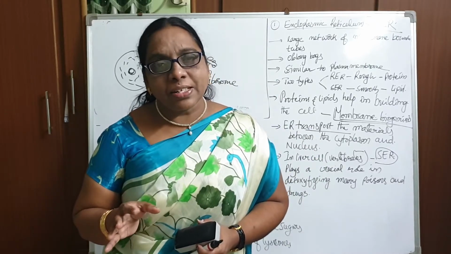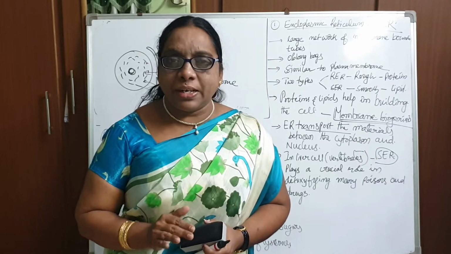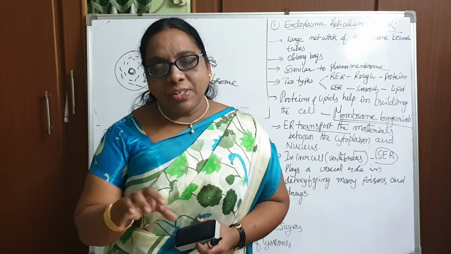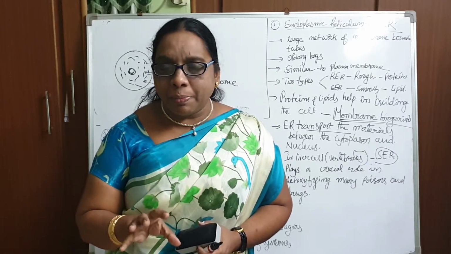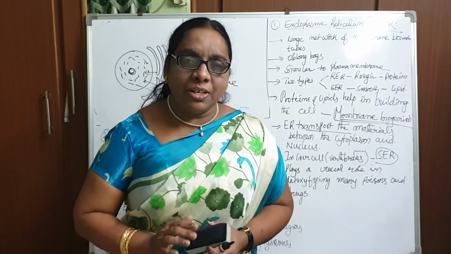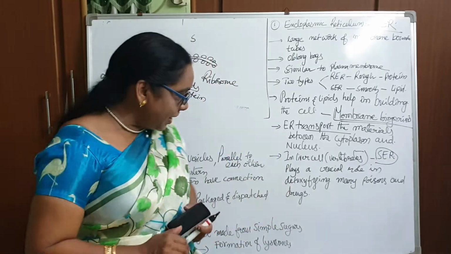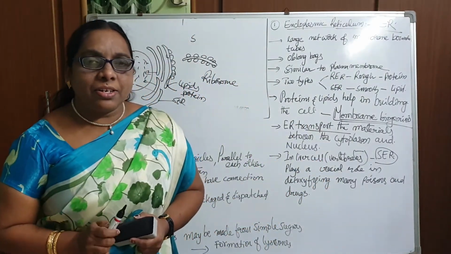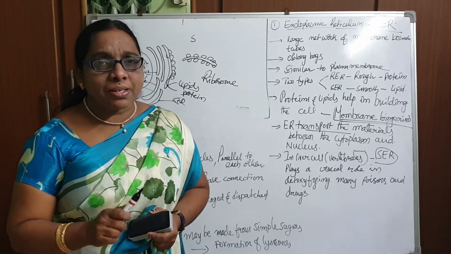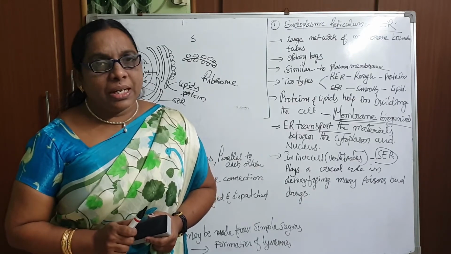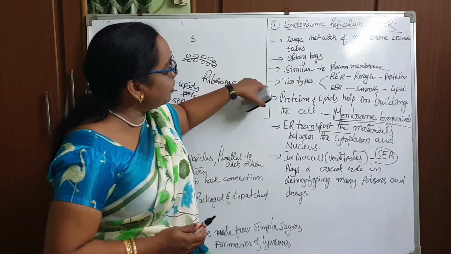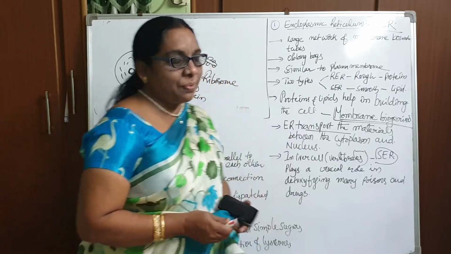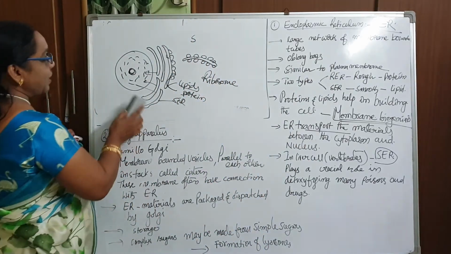Detoxifying, what does it mean? Toxic means poisonous material. Detoxic means they will neutralize the power of the drugs and harmful materials which are released and cause harm to the liver cell. So SER plays a role in detoxifying the drugs and the poisonous material, especially in the liver cells of our vertebrate organisms. Okay, children, that's all. These are all the points about the endoplasmic reticulum. They are oblong sac-like structures. Let us come to the next one.